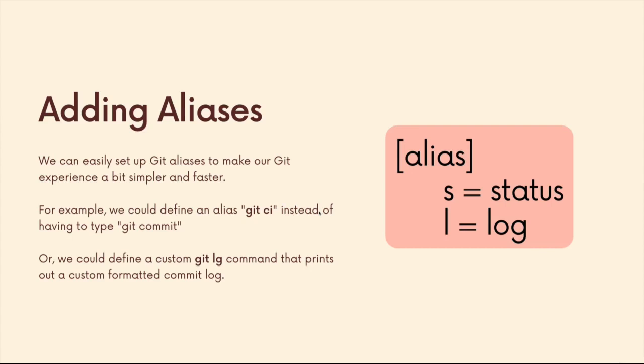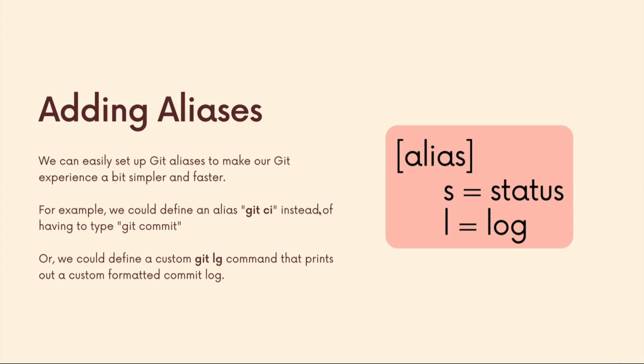So a git alias is just a shortcut. It's a custom command, a name that we can come up with that corresponds to some existing git commands. So instead of typing git status over and over, I could type git s or git stat or git st. I can totally customize it. I can even combine certain commands or add on a bunch of options, things that get really annoying, a bunch of flags, and create a shortcut for that,